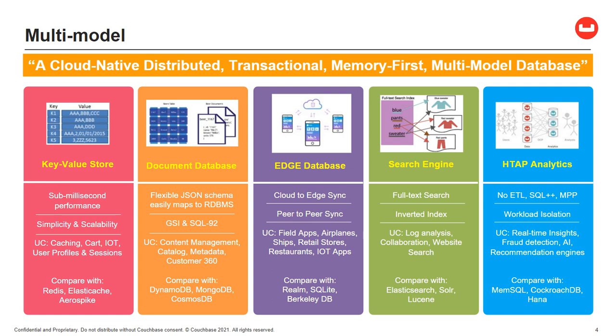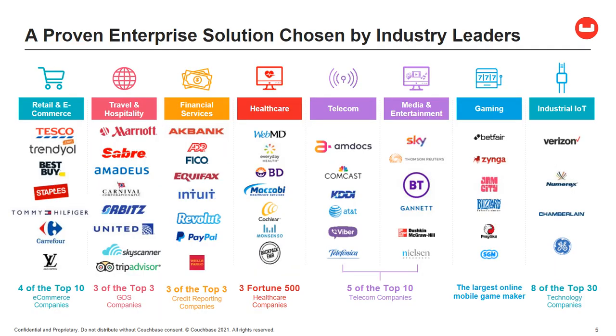And one thing that you don't see here is relational database. So Couchbase is not relational, but it does actually support a relational style data model with SQL and with ACID transactions. And that's what makes it a good choice to migrate to a NoSQL database if you want to get the benefits of a NoSQL database. And a lot of our customers have done just that.